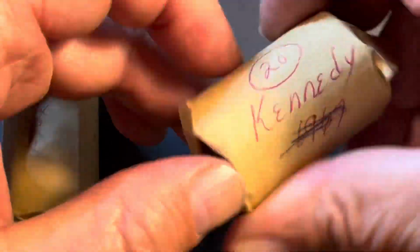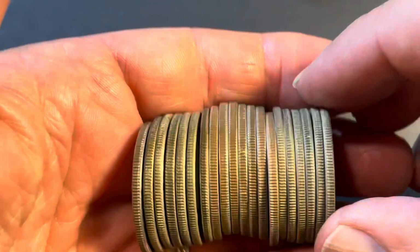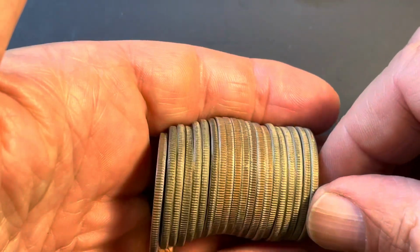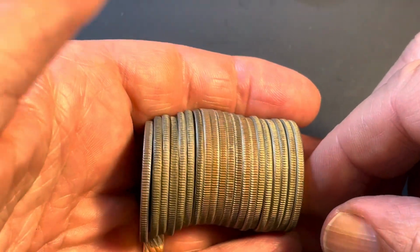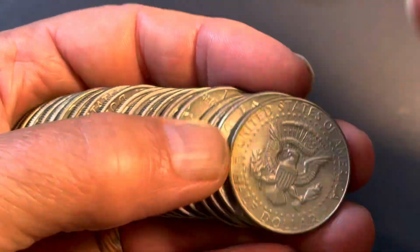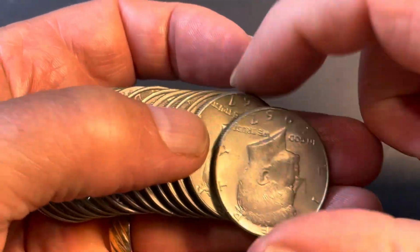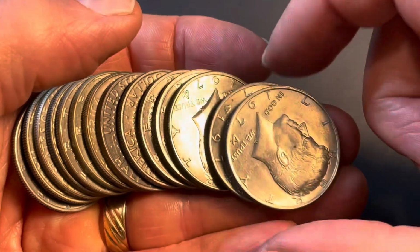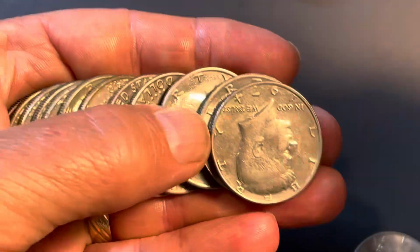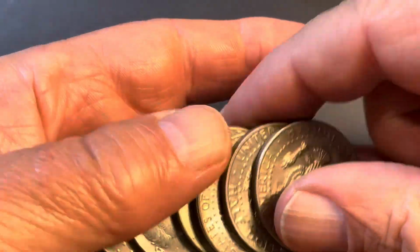All right, so here is a roll that's labeled 67. Let's see what we got here. Take a look at the edges. Looks like they're pretty much mixed up a little bit, but primarily silver edges or clad edges. I'm sorry, 40%ers, 67, 67, 67, 67, 67, 67, 74, 74, 74, 72, 72,